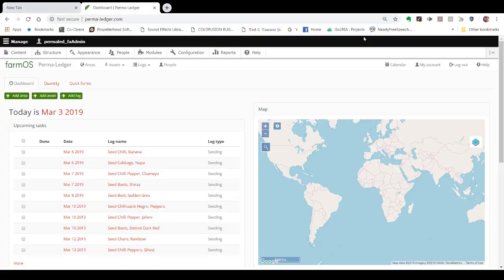This is the third screencast in the Perma-Ledger series. What I'm going to show today is how to add a plant asset and then how to attach a seeding to that with a date and time attached to it. So I'm going to try and explain what a plant asset is in Perma-Ledger, which is based on FarmOS, an